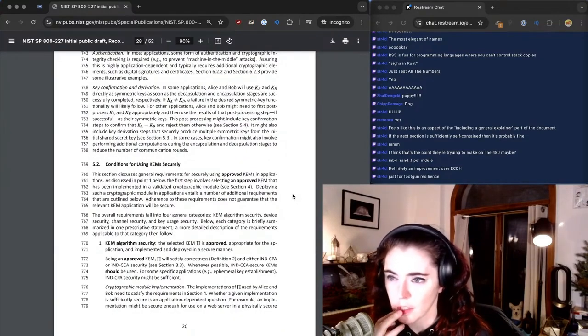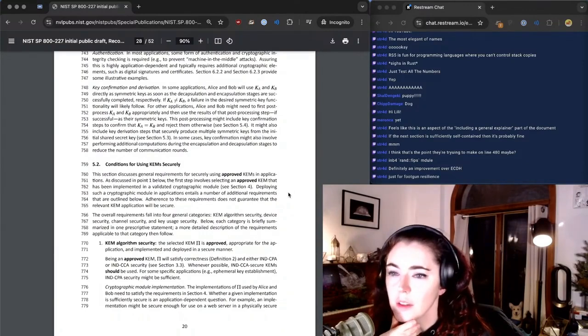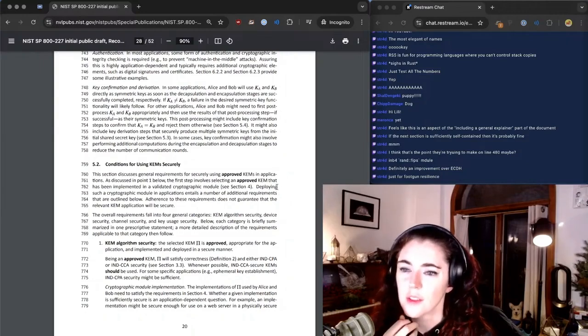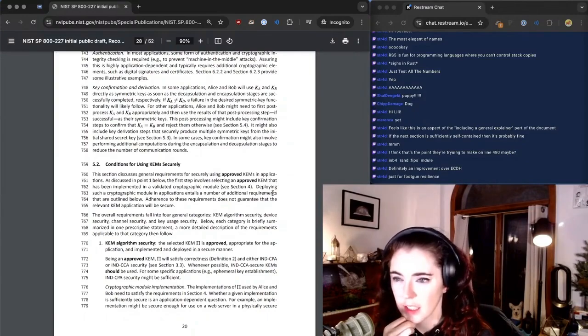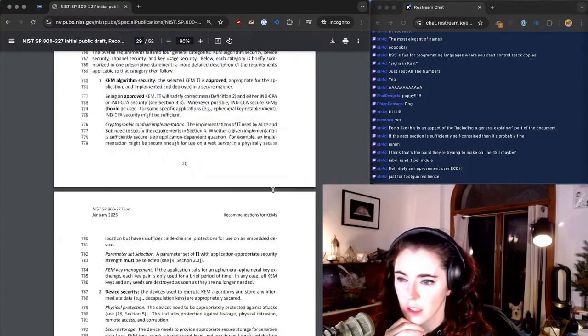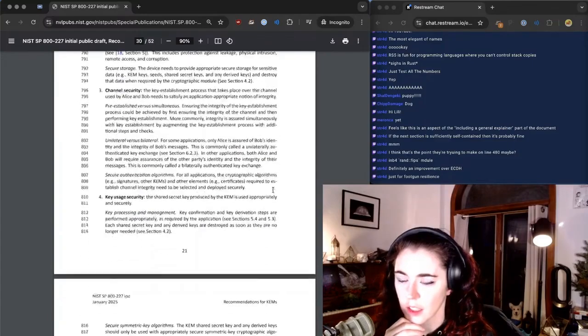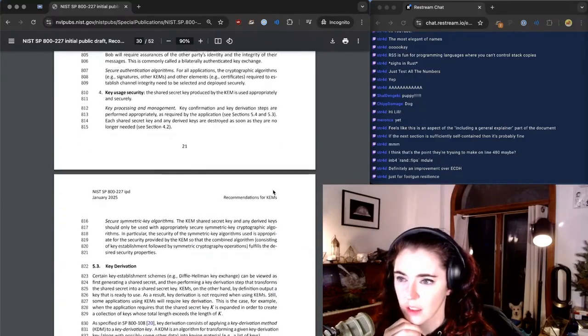Key confirmation. Yeah, post-processing key confirmation steps. I feel like some of this is built into KEMs internally. Okay. Conditions. Yeah, this is just sort of like using